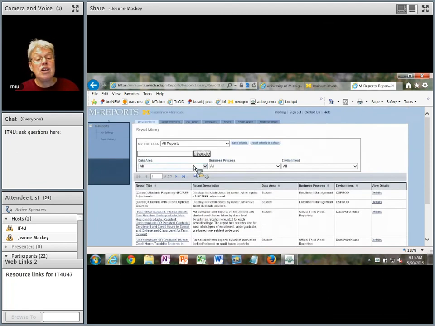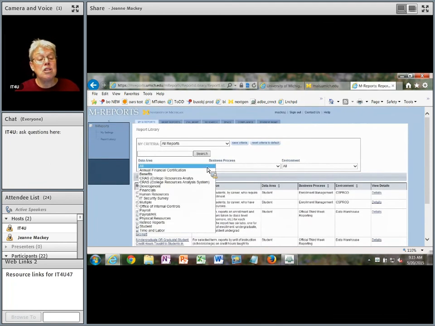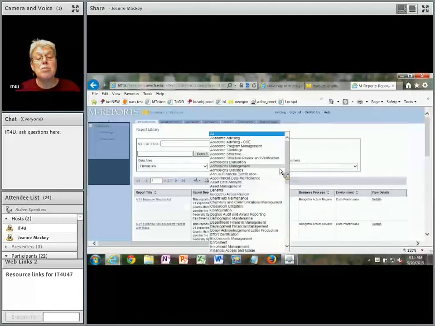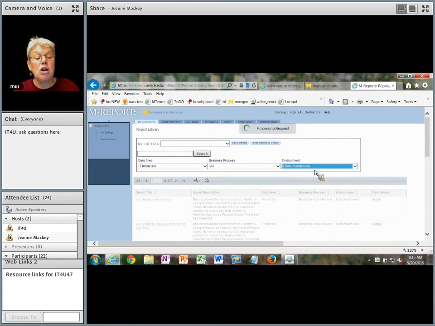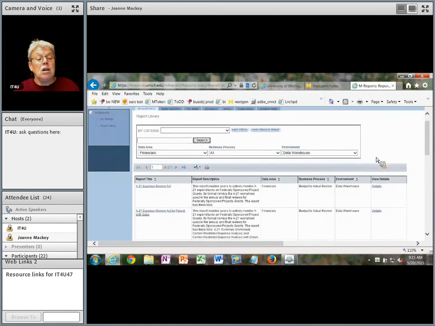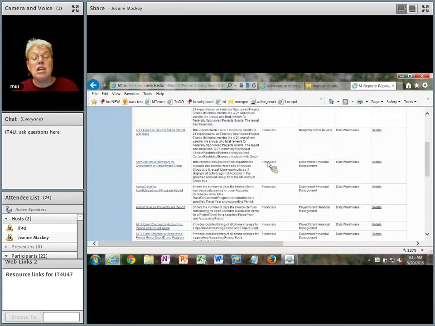What am I interested in? Well, I'm interested in financials and what kind of business project. Unfortunately, it doesn't filter environment. I'm interested in the data warehouse. So what do we got? I can look in here and it tells me some of these reports and gives me a little bit of description. And in some cases you can run the reports if you have the right access within